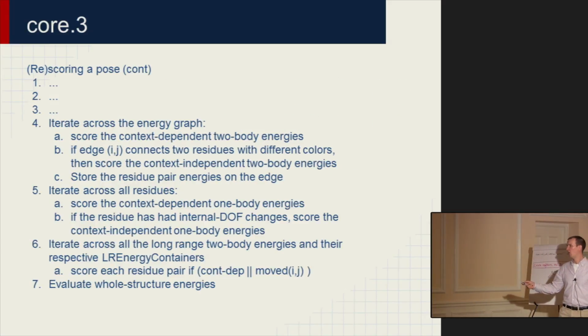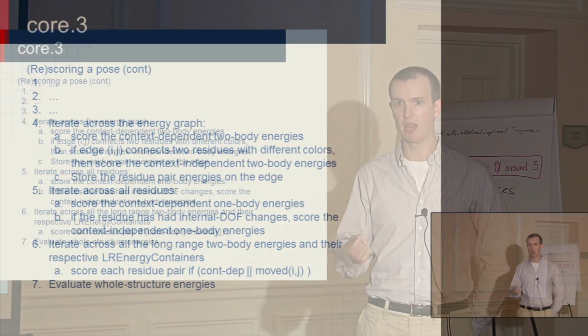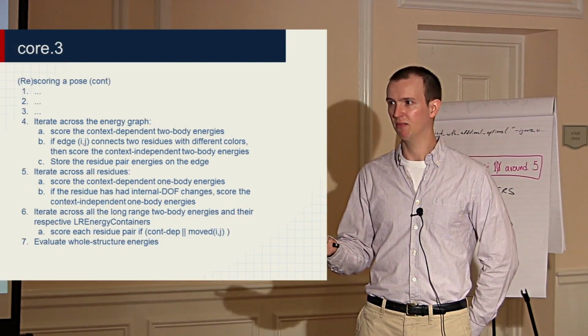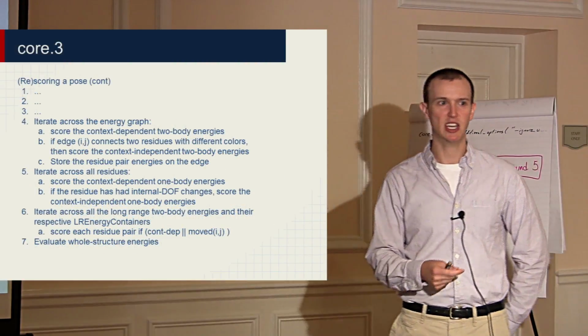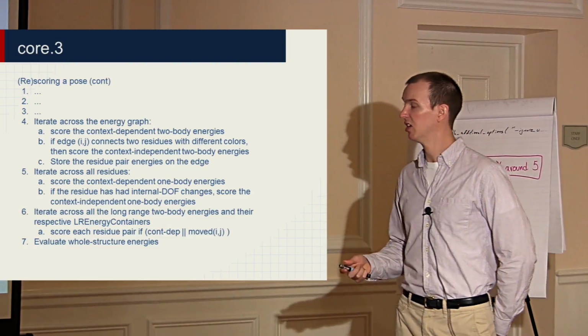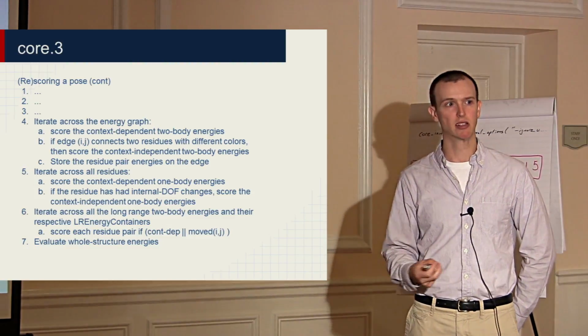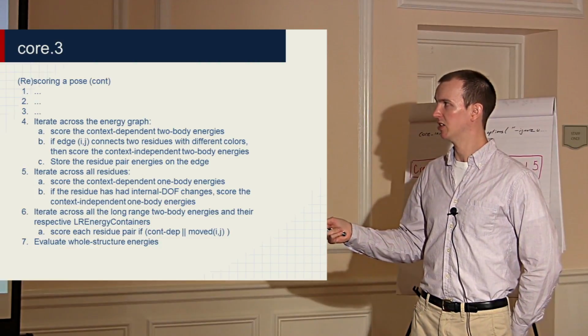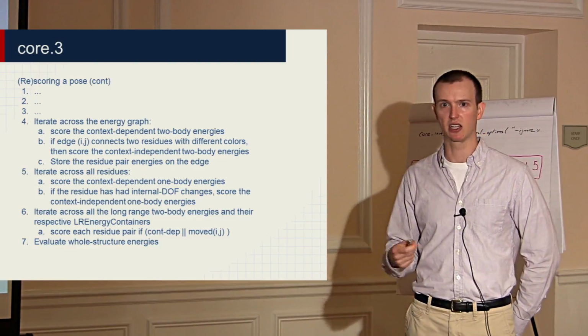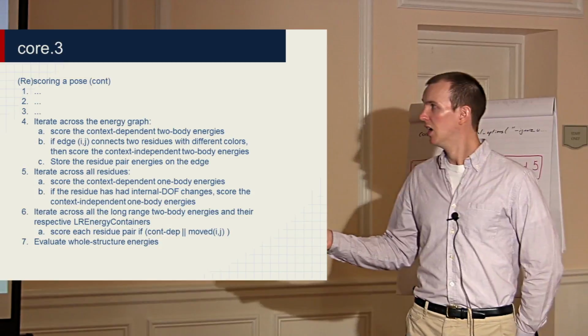Step 4 is now you're going to iterate across the energy graph. You're going to rescore all the context-dependent two-body energies. The reason for this being that you can't prove between score invocation to score invocation that the context has not changed in the pose. There's no general way to describe that. So all the context-dependent two-body energies get recalculated at every step. Then you look at